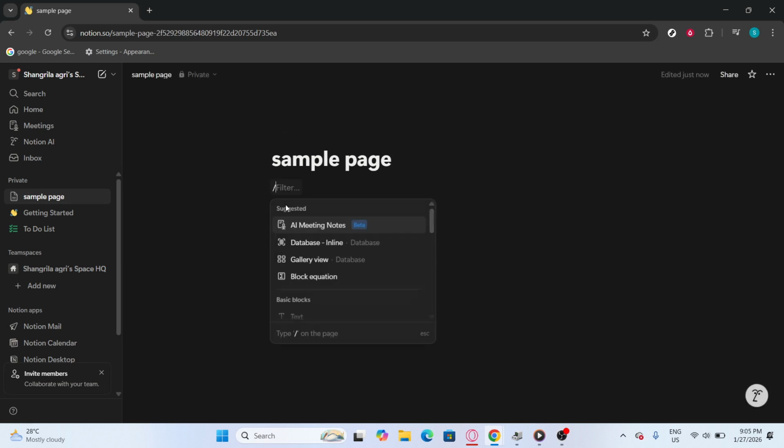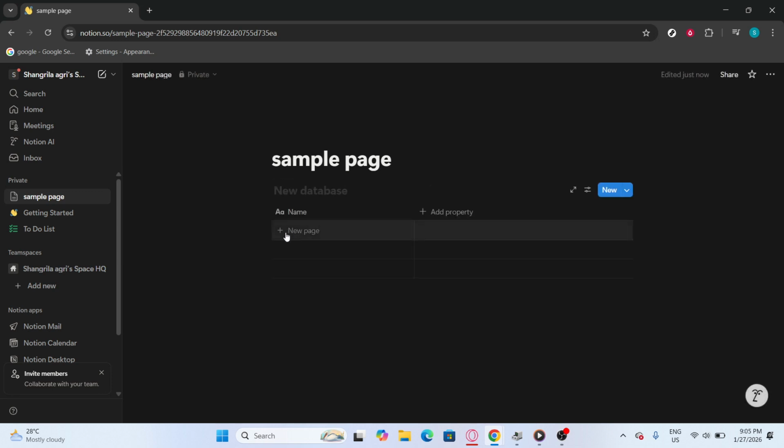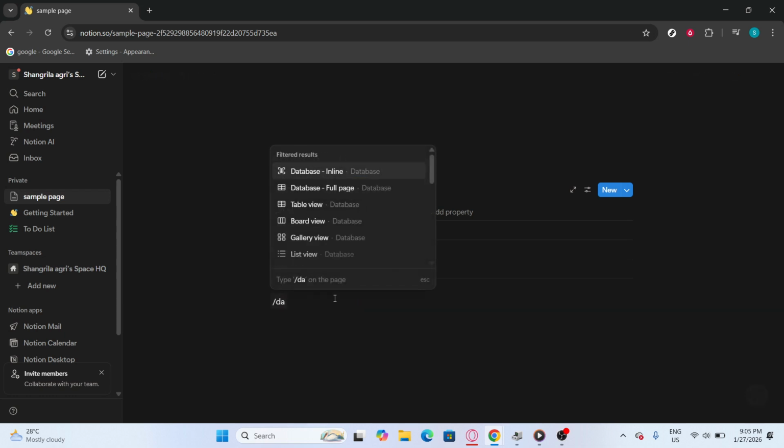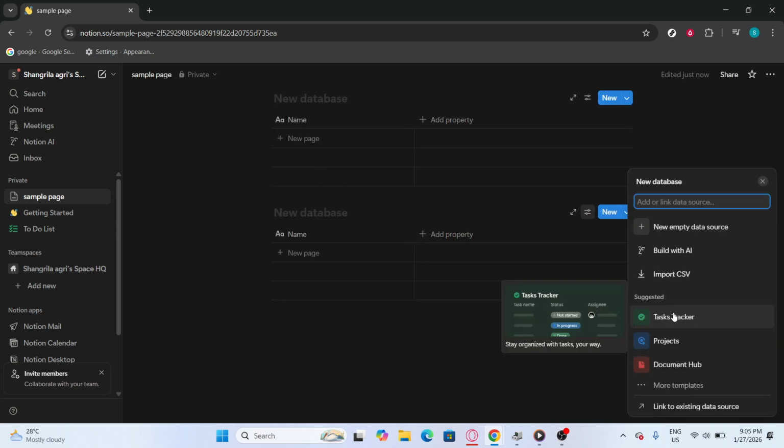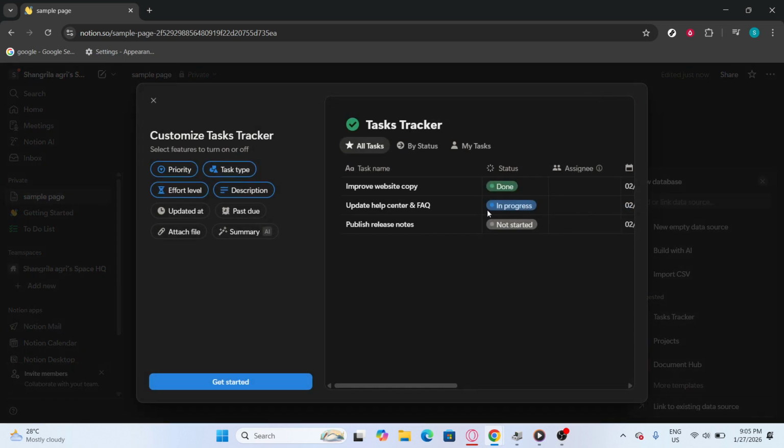Type in the command /database in the blank space. This command will prompt Notion to display options for creating a new database. It is useful to remember that you can create various types of databases depending on your needs. Once the options appear, click on Database Inline. This selection will insert a new inline database directly into your page, allowing you to see your data and charts